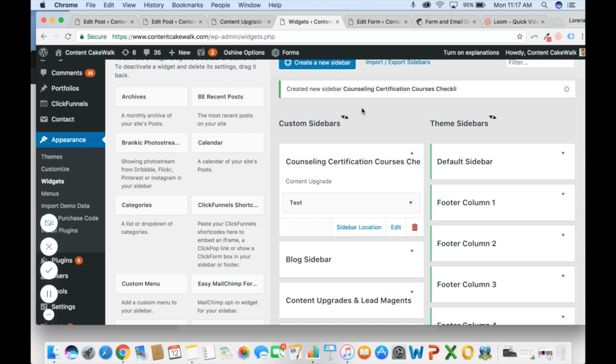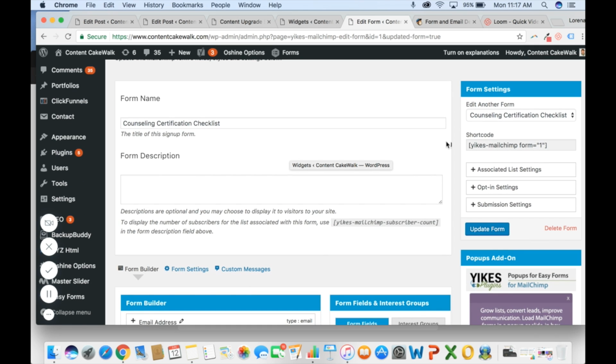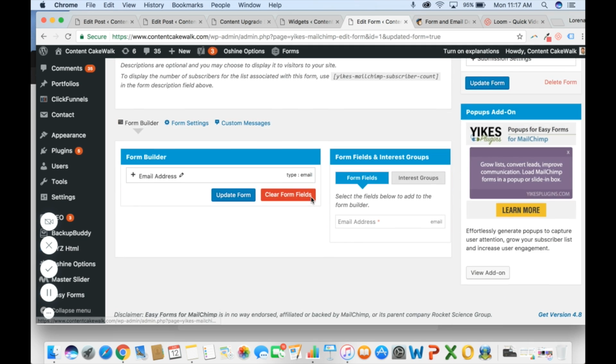And then if you remember, I had told you that you want to copy and paste a shortcode from the form of your plugin. So let's go to your Easy Form plugin. And just as a side note, it'll help you to have multiple tabs open so you can navigate back and forth. It's just easier to see everything. So here's our shortcode. This will be our shortcode for the form so that people can put in their email address and then click submit, or in this case, if we scroll down a little bit,